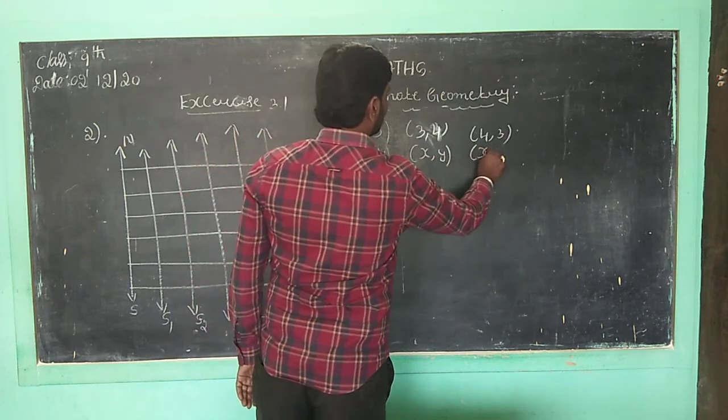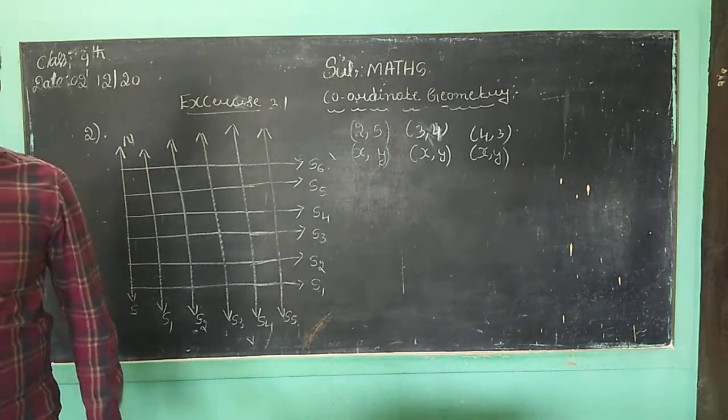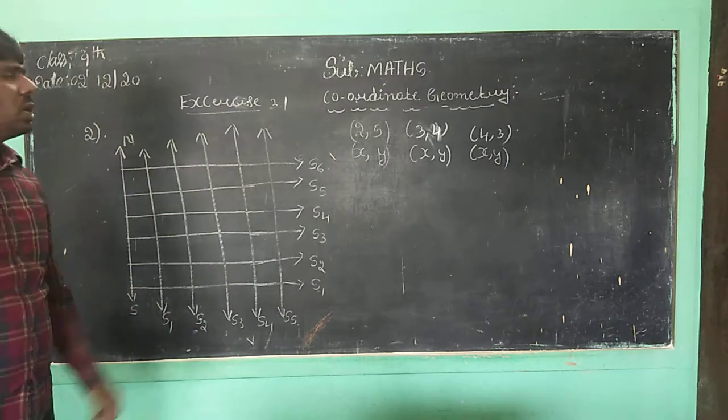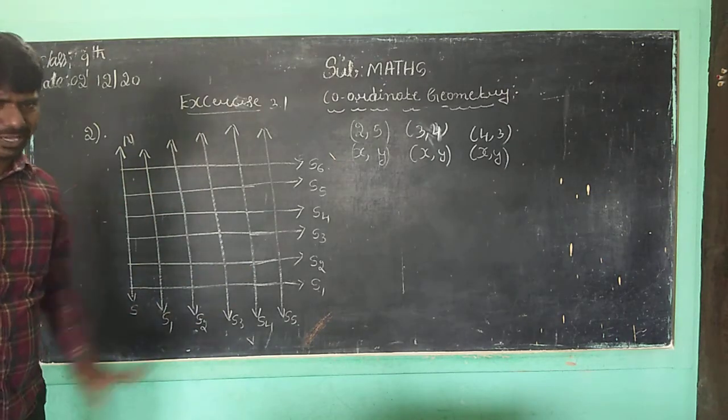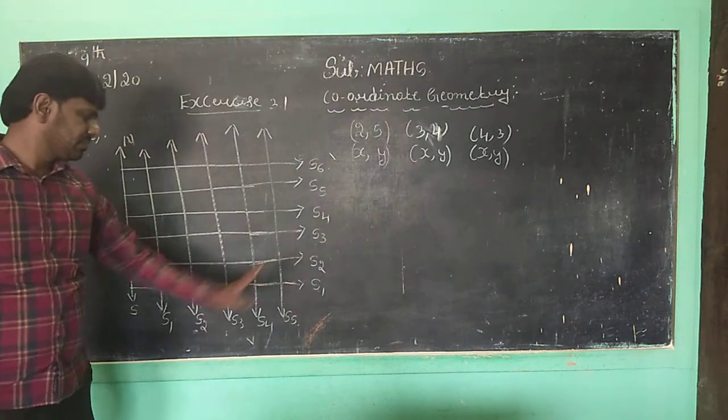So already know that when you want to represent any coordinates, abscissa and ordinate, x comma y. So children, for the two roads of the city, 1 centimeter is equal to 200 meters. Whatever the scale given, you want to draw in your notebook with a line. Correct. Children, the first road you want to take is the x-axis. Correct, children?